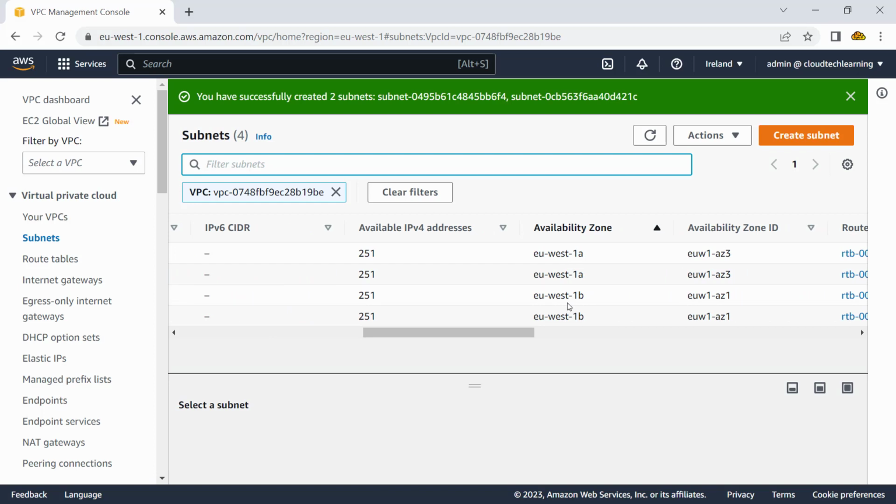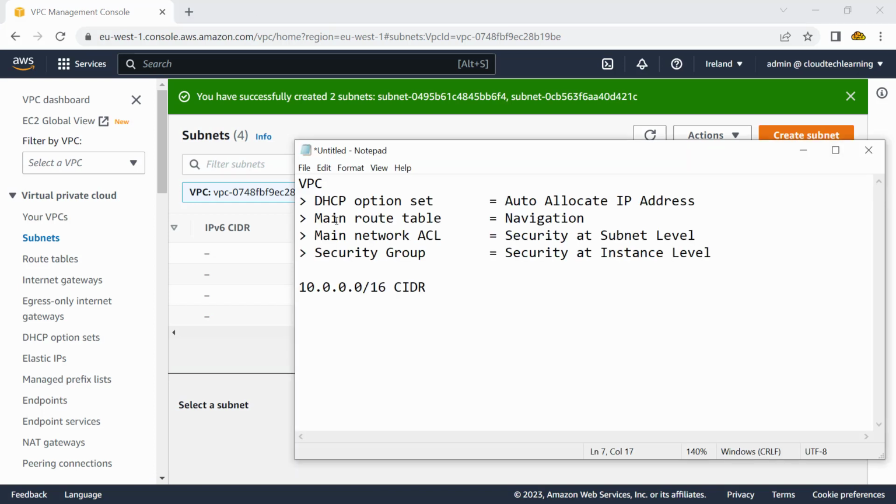Now, one more important aspect here is to understand what the available IP addresses are. Here it is 251 available IP addresses. What is the meaning of that? Now, if I do a simple math, how many IP addresses would I get with a /24 mask? Let me go ahead and write that. So let's say it was